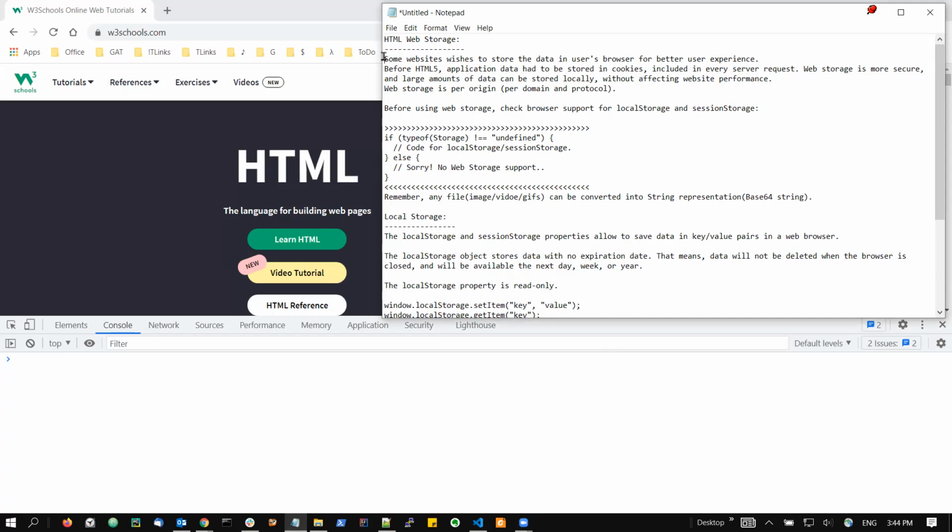When I say web storage, some websites, for their operation or working, wish to store data in the user's browser. For example, let us say you are booking a movie ticket, and you are selecting a seat in a particular row or column. This kind of information is generally stored in web storage,